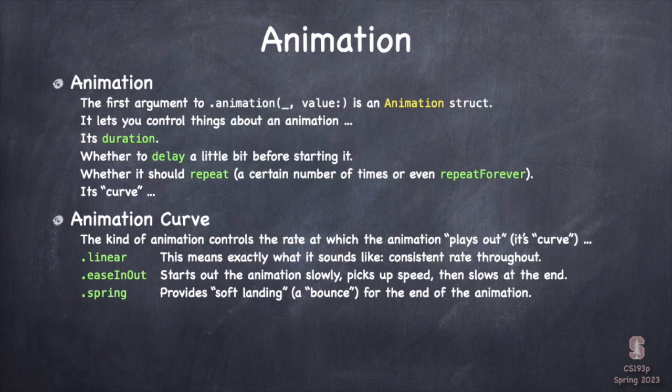And all of this stuff is in this animation struct. You want to go look at the documentation for animation. You'll see all the things that you can do and all these curves and all the settings. There's really not as many as you might think, because you don't really want to have too many different kinds of animation curves going on. The user will get a little bit like, whoa, what is all going on my screen?